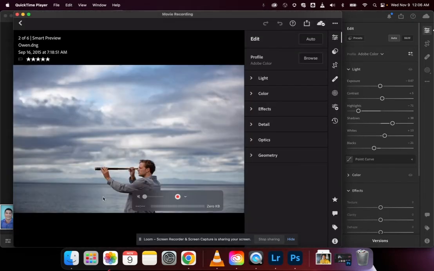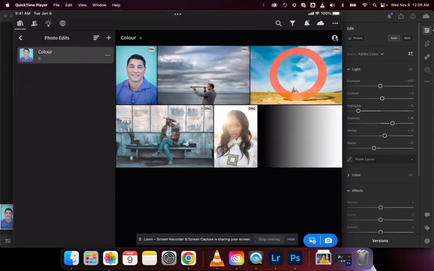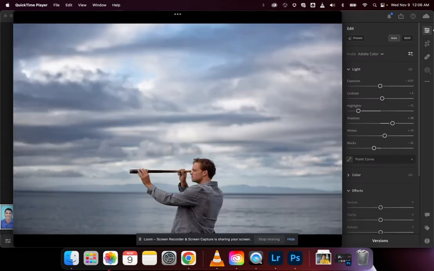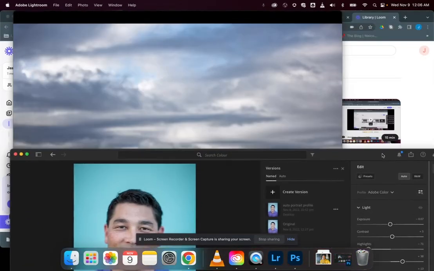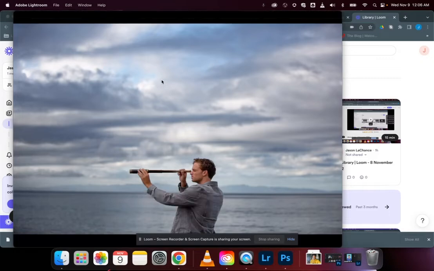same thing with here. Now, if I look at my image here, I can see that the name of it is owen.dng, right? Here it is. And I can go full screen. And if full screen on the iPad is not showing, this is the desktop version. So if I minimize that, you can see that I can go full screen on my iPad and then just